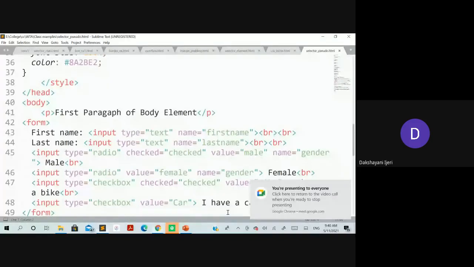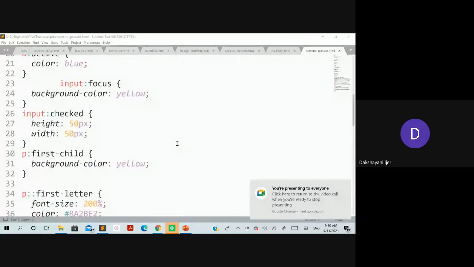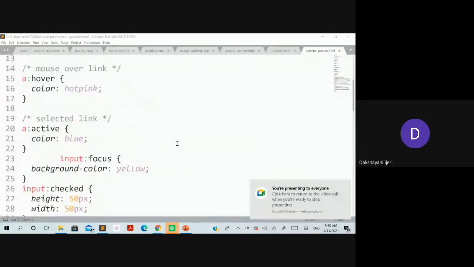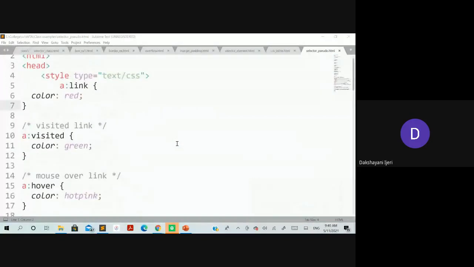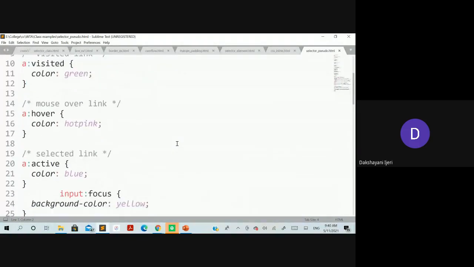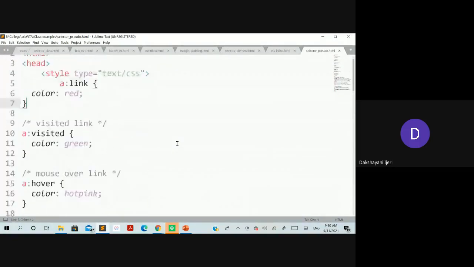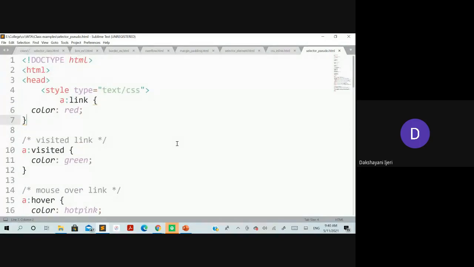Don't worry about the name of the focus element over here. As I told you, we'll get to know about this focus element once we discuss the form concept in the next module. Just to show you how you can use these pseudo selectors to apply styles based upon user interaction, we have used these elements here.